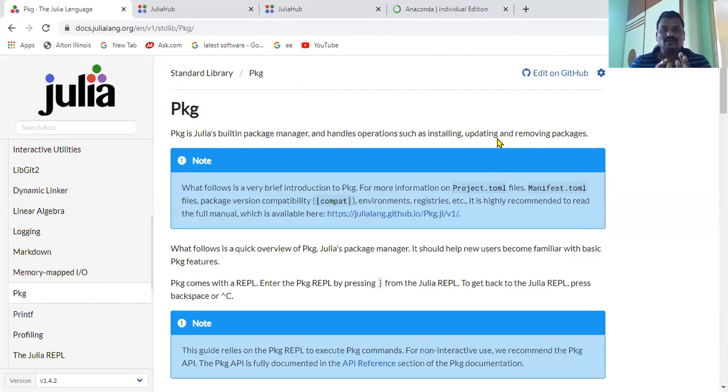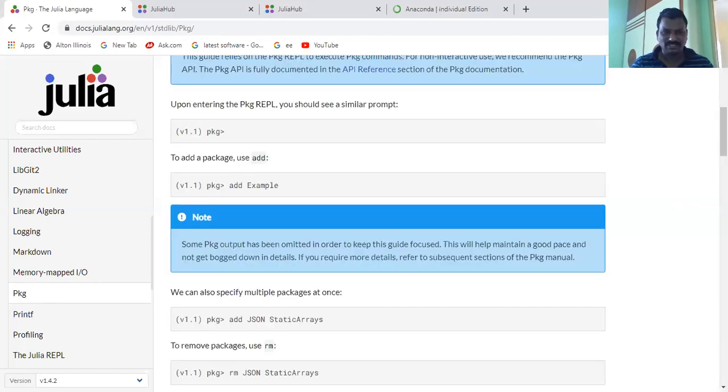That means if you want to add any package, you will use this pkg command. If you press the closed bracket, you get the pkg environment like this. To add any package, type add and the package name.